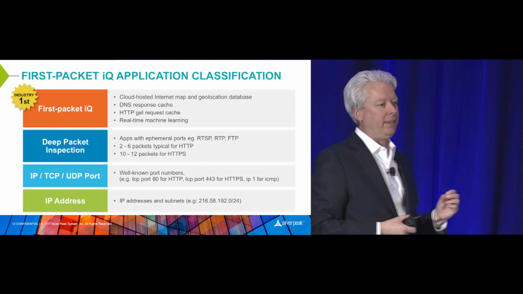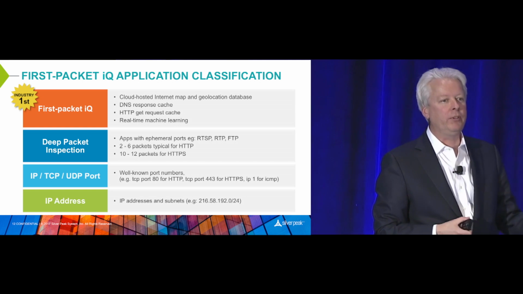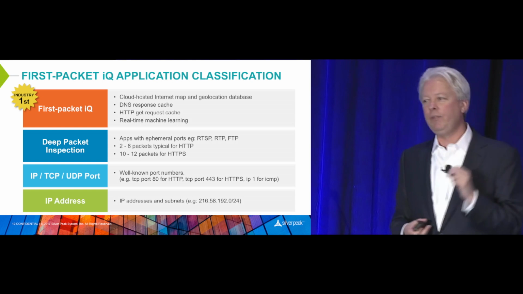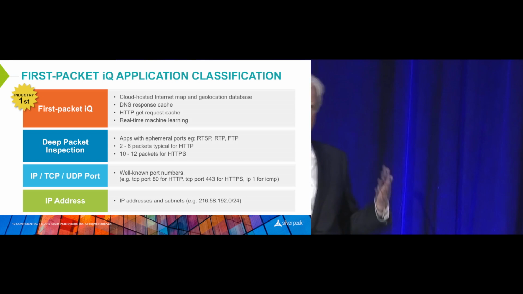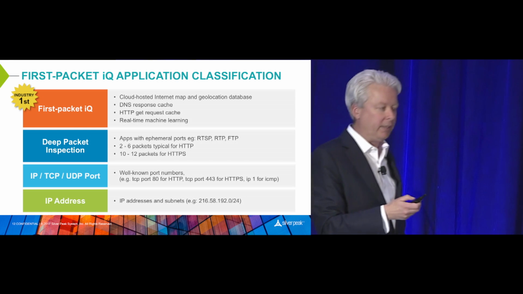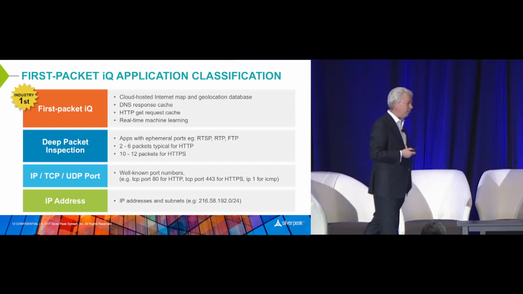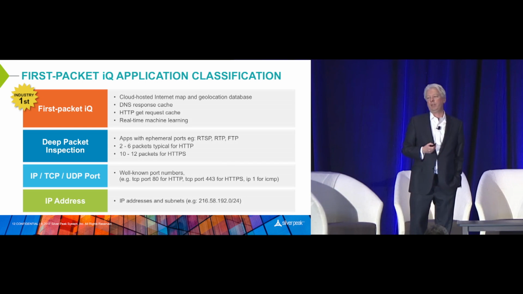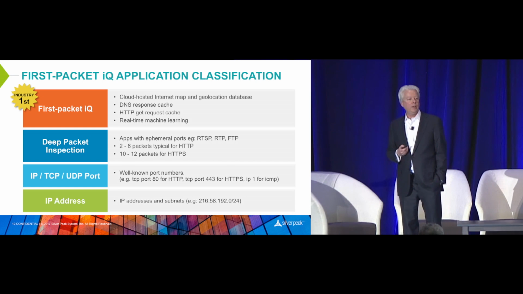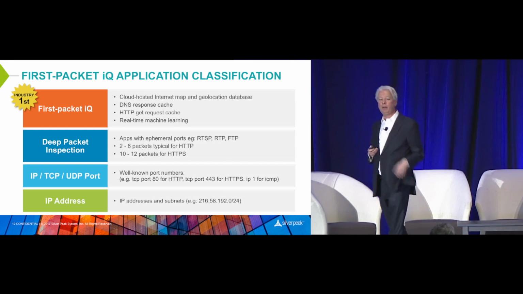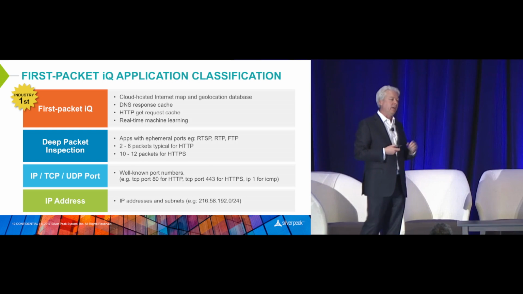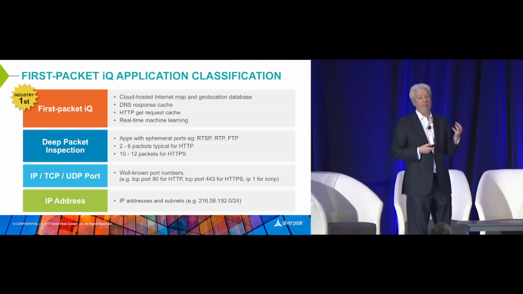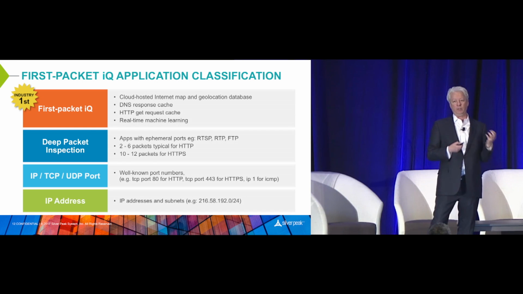And when there's NAT in the path, it might not be evident at first, but you have to make that decision on the very first packet of a flow. And so DPI can't give you a decision on the first packet of a flow. So we thought about, what if we collected information about every single flow we'd seen? What if we collected information about all the DNS requests and responses that were going through our box? And what if we associated that with DPI decisions that we'd also made in the past so that we